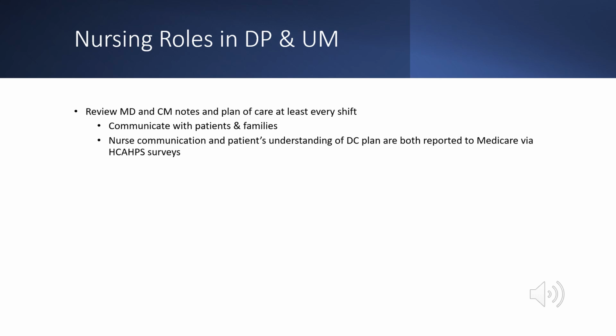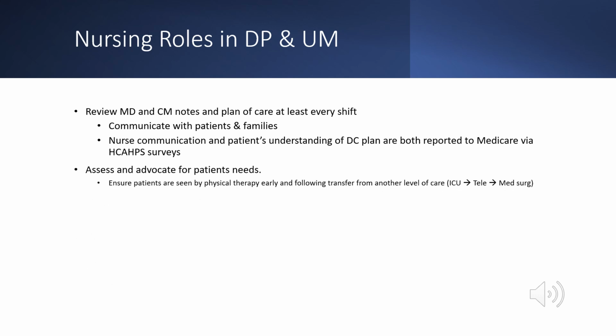Nurse communication and patient understanding of the discharge plan are both quality measures reported to regulatory agencies to gauge an organization's performance. This ties in with the next point, to assess and advocate for patients' needs. A simple example would be a patient who has been in bed since admission. They are documented as being weak or having had multiple falls at home. In an effort to maintain safety or decrease falls in the hospital, nursing may have limited their time out of bed. One way to advocate for these patients is to request a physical therapy evaluation from the doctor early on